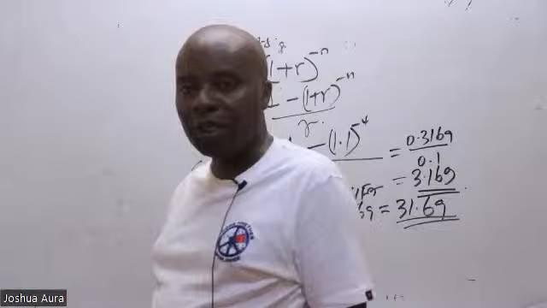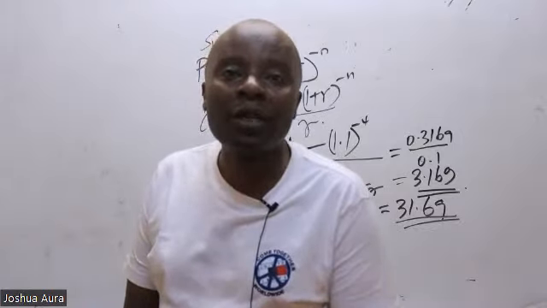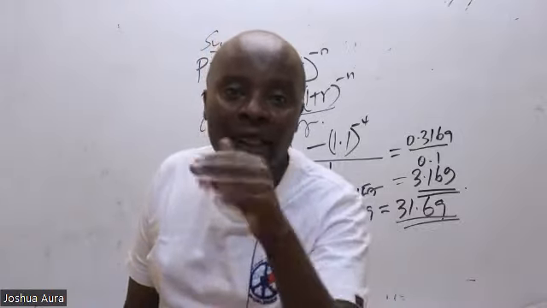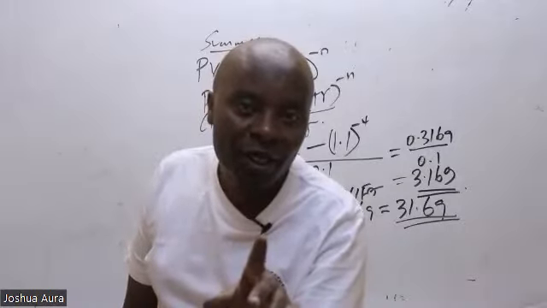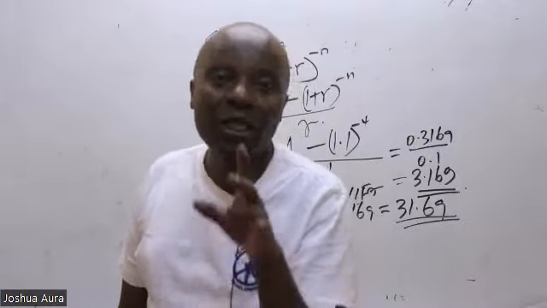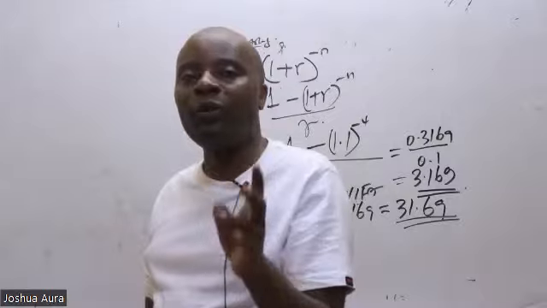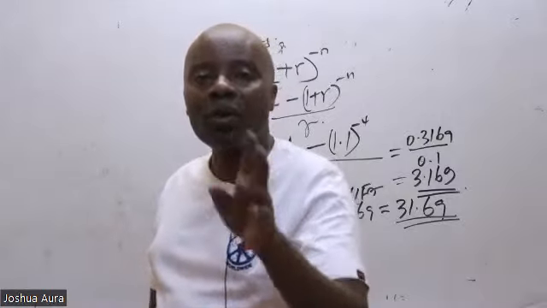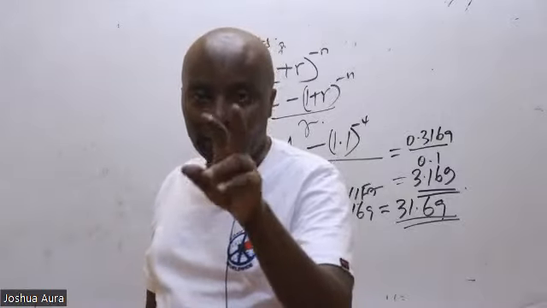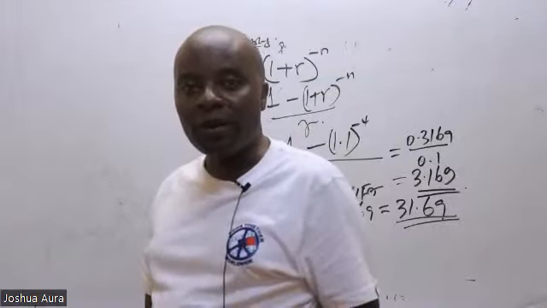Second method always. Why should we be using the second method? It's because your examiner will tell you 10, 10, 10, 10, up to 50 years. If you start using the other long approach up to 50 years, you write so many zeros, 10, 10, 10, 10 as a 0, 0, 0, 0, 50 times.